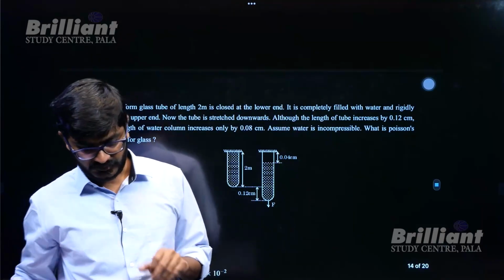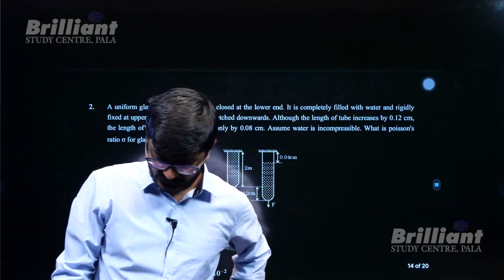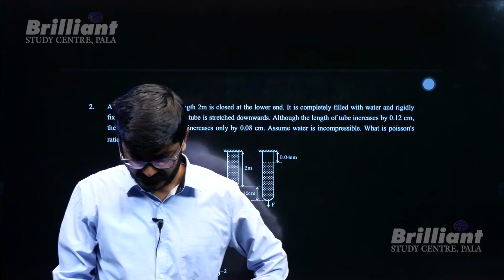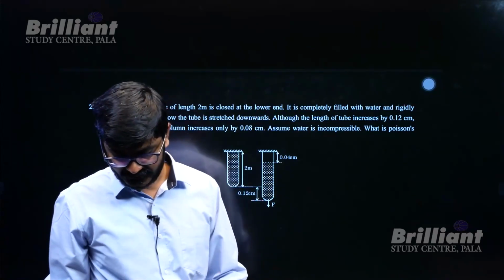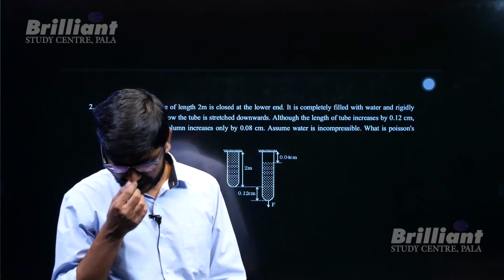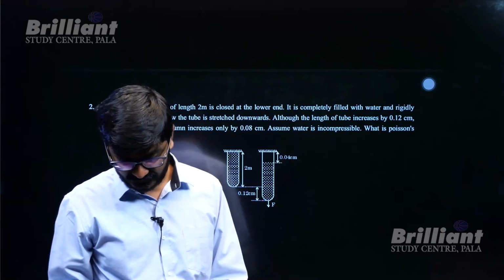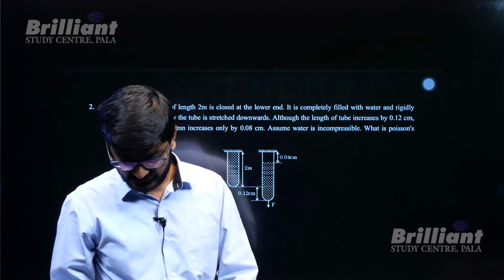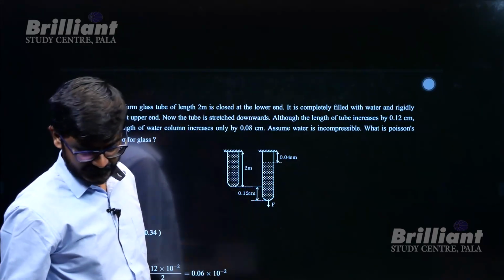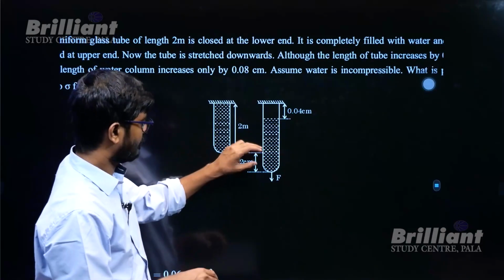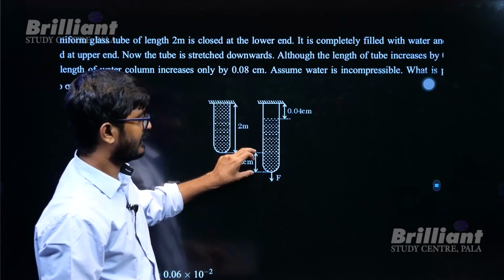A uniform glass tube of length 2 meter is closed at the lower end, it is completely filled with water and rigidly fixed. Now the tube is stretched downwards. Although the length of the tube increases, the length of the water column increases only by 0.08. So the tube is increasing by length 0.12, but